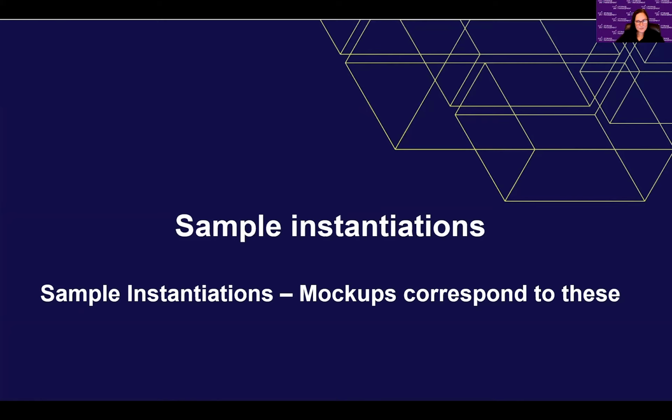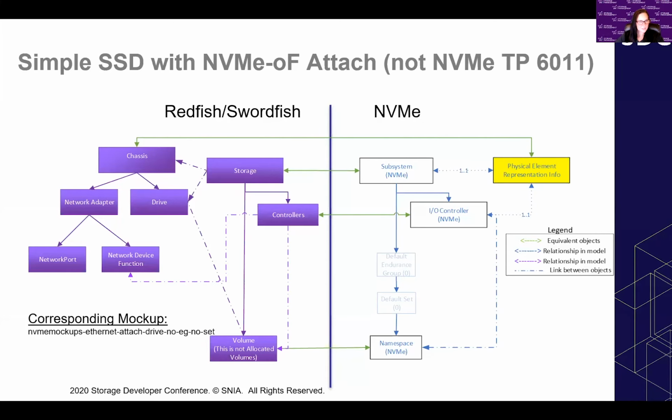So the sample instantiations, there's a couple of different ones here. This is actually the simpler one. This is basically, again, looking at that drive model, but extending a drive model to have an NVMe-oF attached. So you get leveraging existing network infrastructure. So again, we extend,